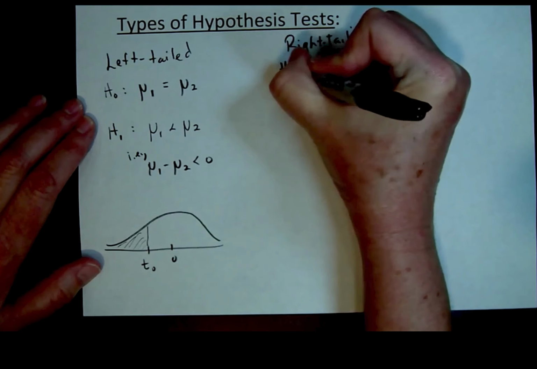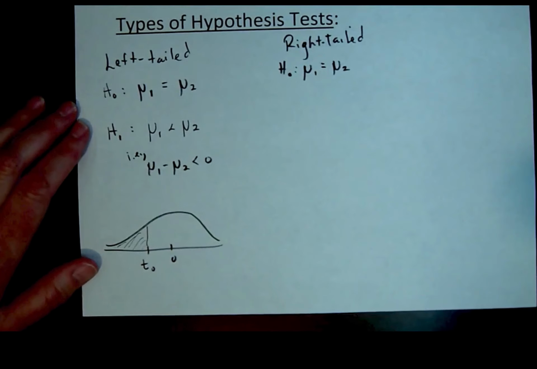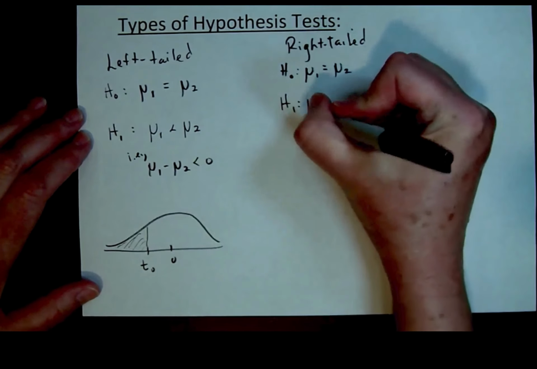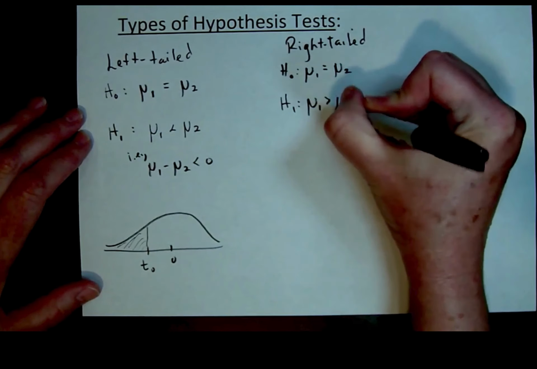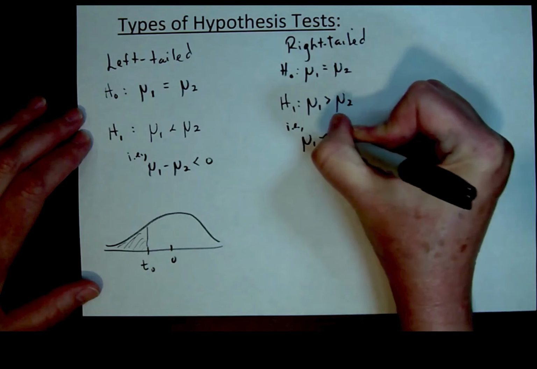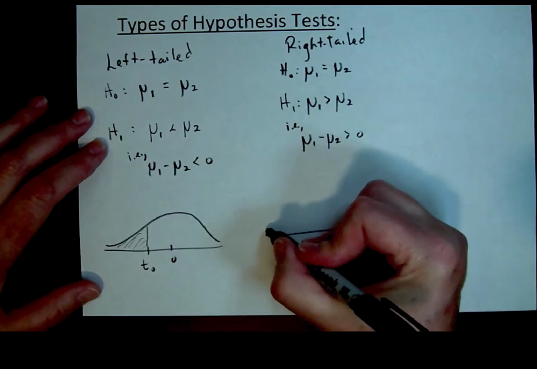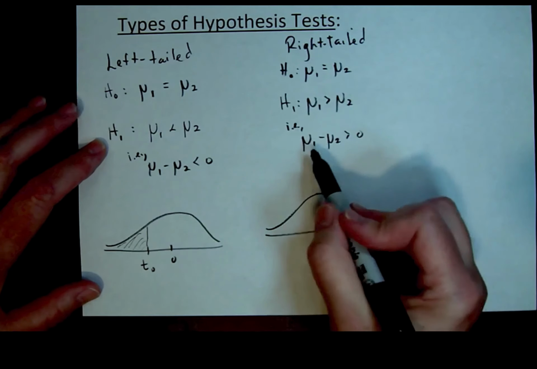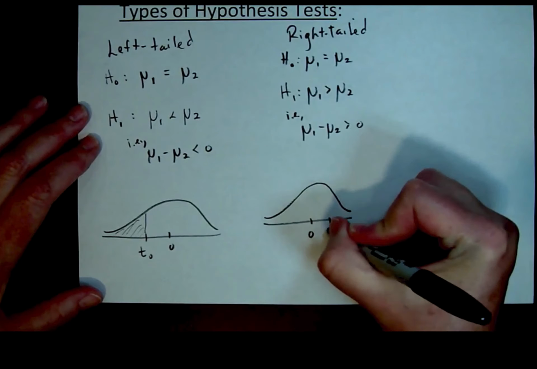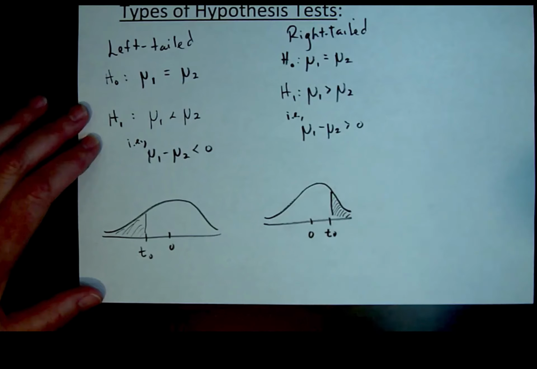Let's see, we also have right-tailed tests. Again, the null hypothesis will be assuming no difference between the two population means, so it's always going to be the same null hypothesis. The alternate hypothesis for a right-tailed test is that mu1 is greater than mu2. Now mathematically what we're actually checking is whether mu1 minus mu2 is greater than 0. So using our point estimate for mu1 minus mu2, we get a test statistic. That'll be a t, and we're going to look up the area to the right of t